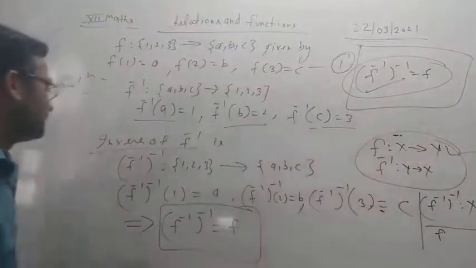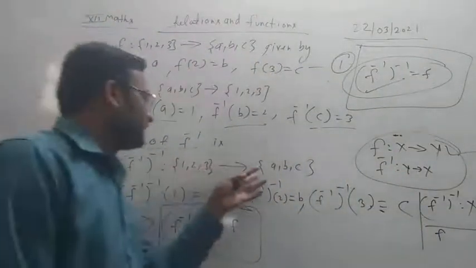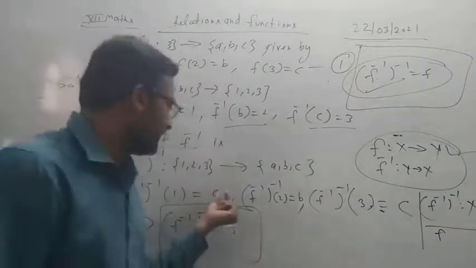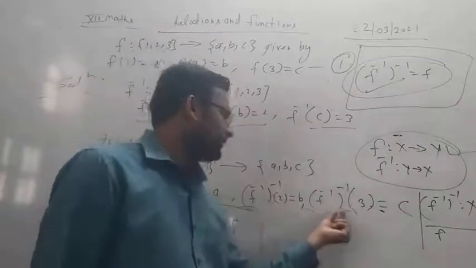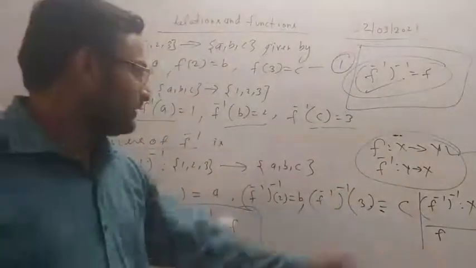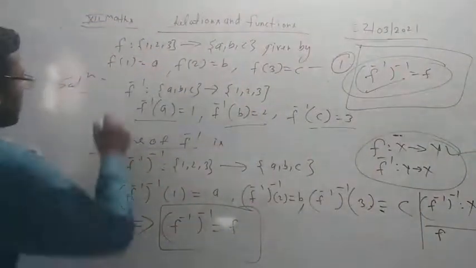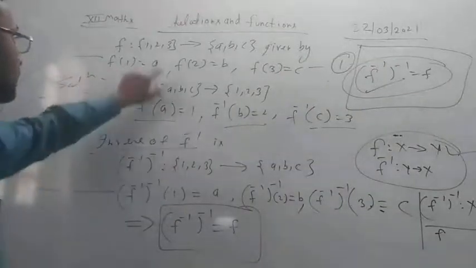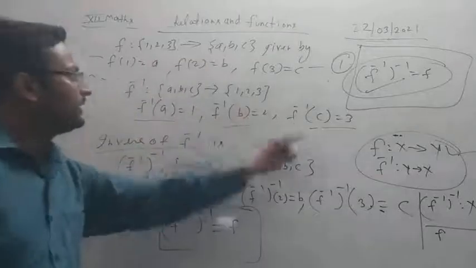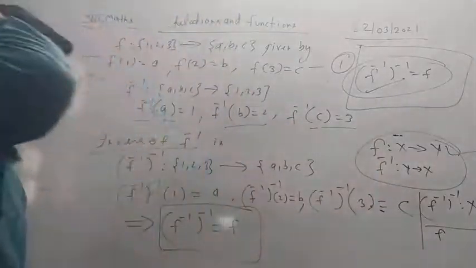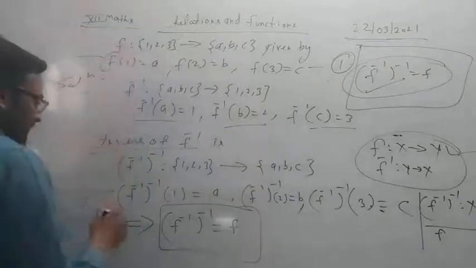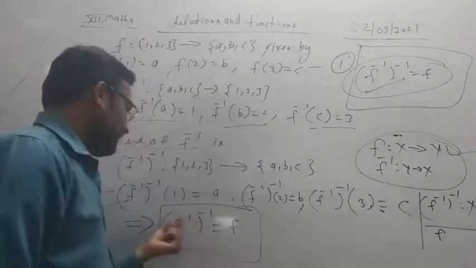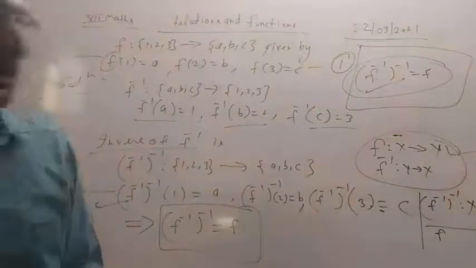So we are seeing again the inverse of f inverse is from {1, 2, 3} to {A, B, C}, and when we operate on 1 we get A, when we operate on 2 we get B, when we operate on 3 we get C. And students, look at this first and this. What we are getting: operating 1 gives A, 2 gives B, 3 gives C. So students, what we are finally getting is that this f is equal to the inverse of f inverse. It means that the inverse of f inverse is equal to the function f.